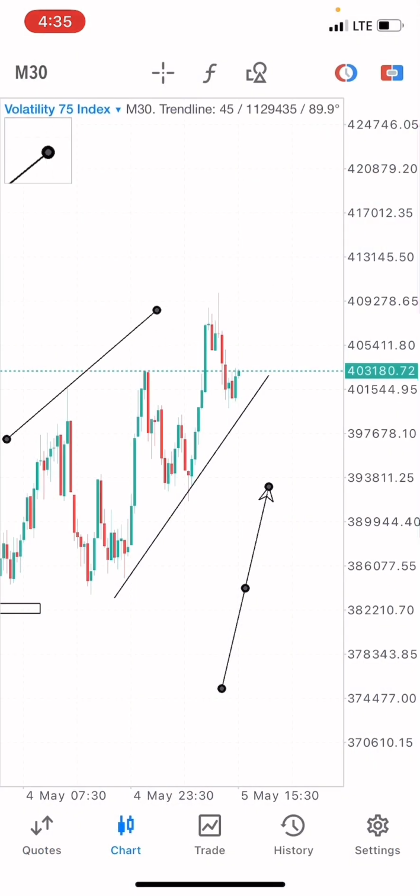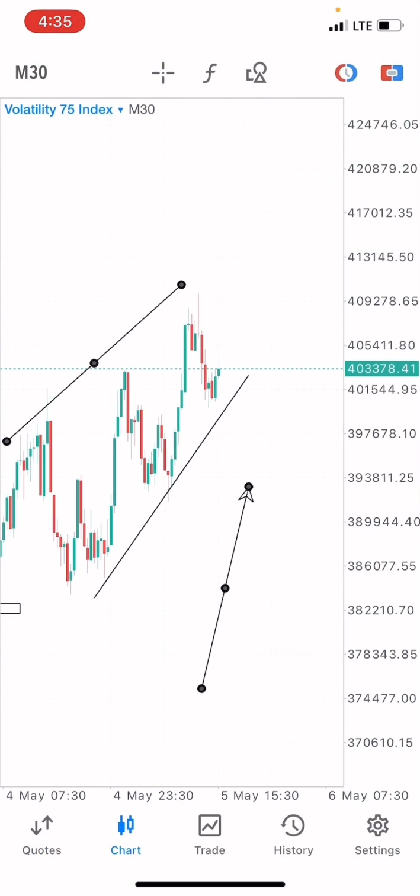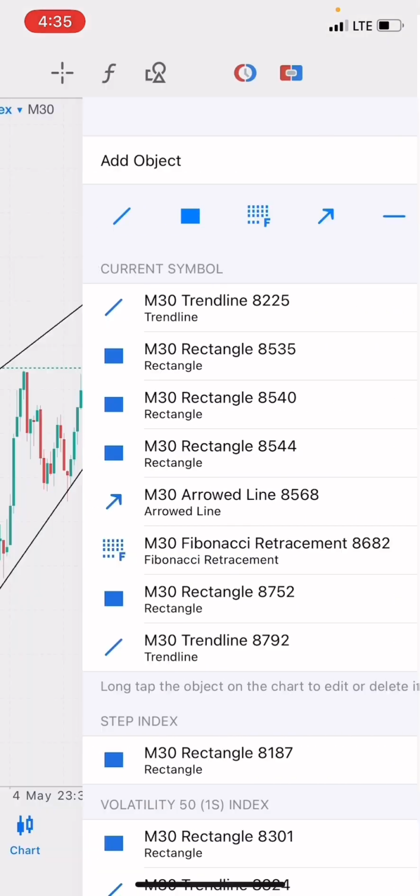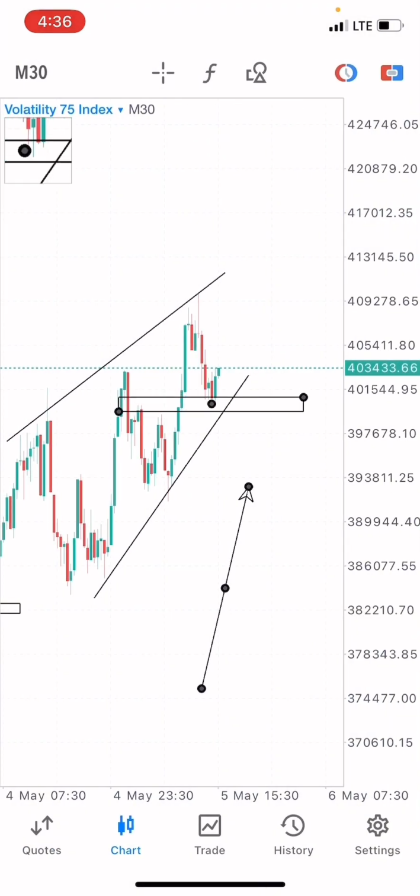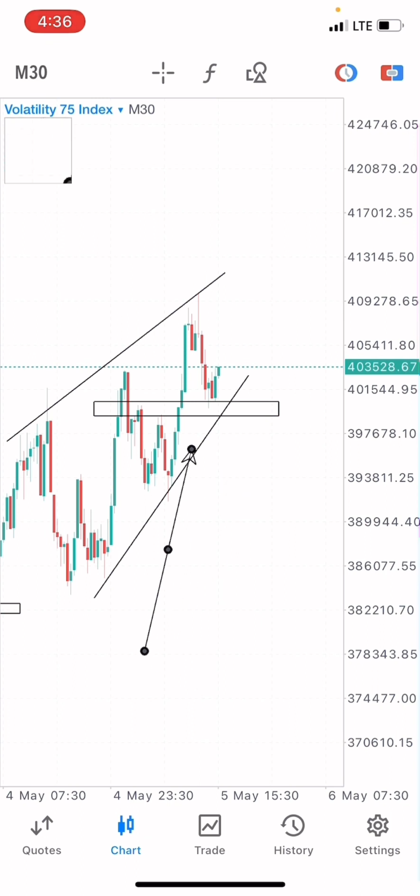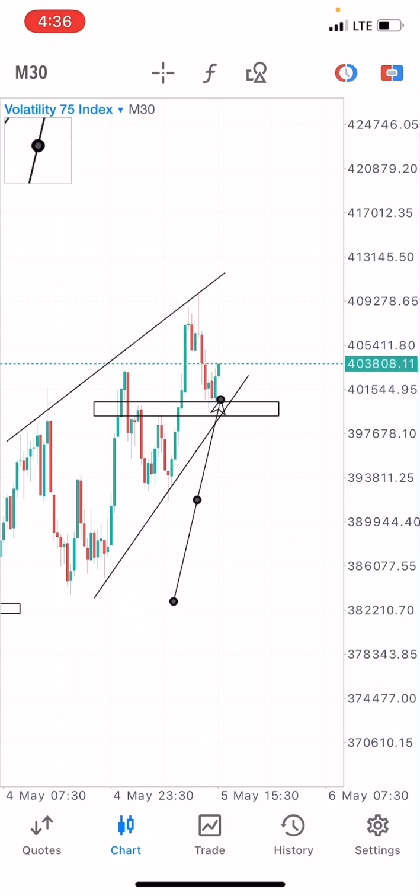The market is forming an uptrend. So we can see we have to identify these formations, and we have to trade alongside the trend. We trade alongside the trend. You can see the market gave us a breakout of this level and a retest of this point. You can see the market is pushing to the upside.